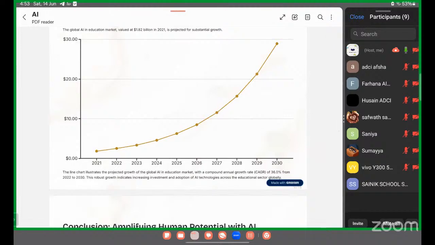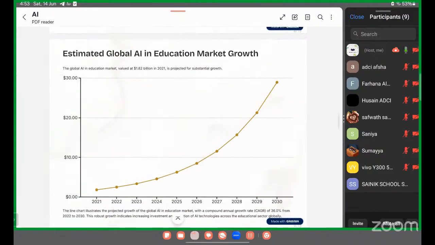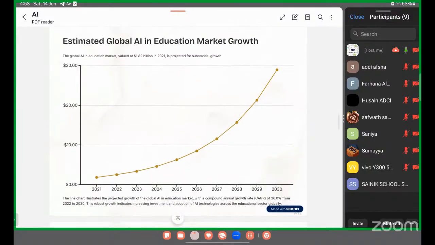The prediction for 2030 is a growth rate of 36%. So it is a high market cap and high market value. Right now, the market cap of AI in the education market is 1.82 million dollars. But after 2030, growth is almost 36%.